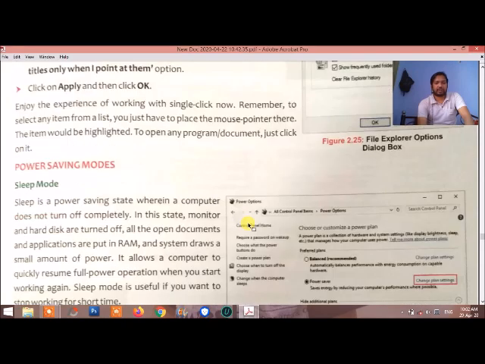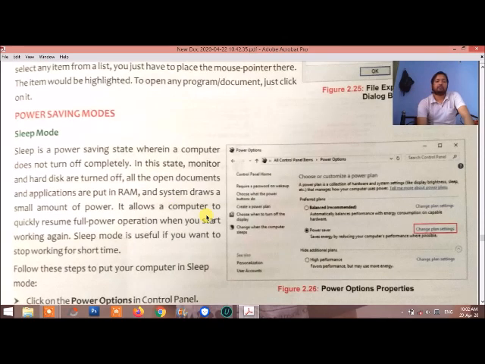After that, power saving mode. Power saving mode is how we can save our electricity, and it is available on both laptop and desktop. The first is sleep mode. Sleep mode is a power saving state where the computer does not turn off completely.